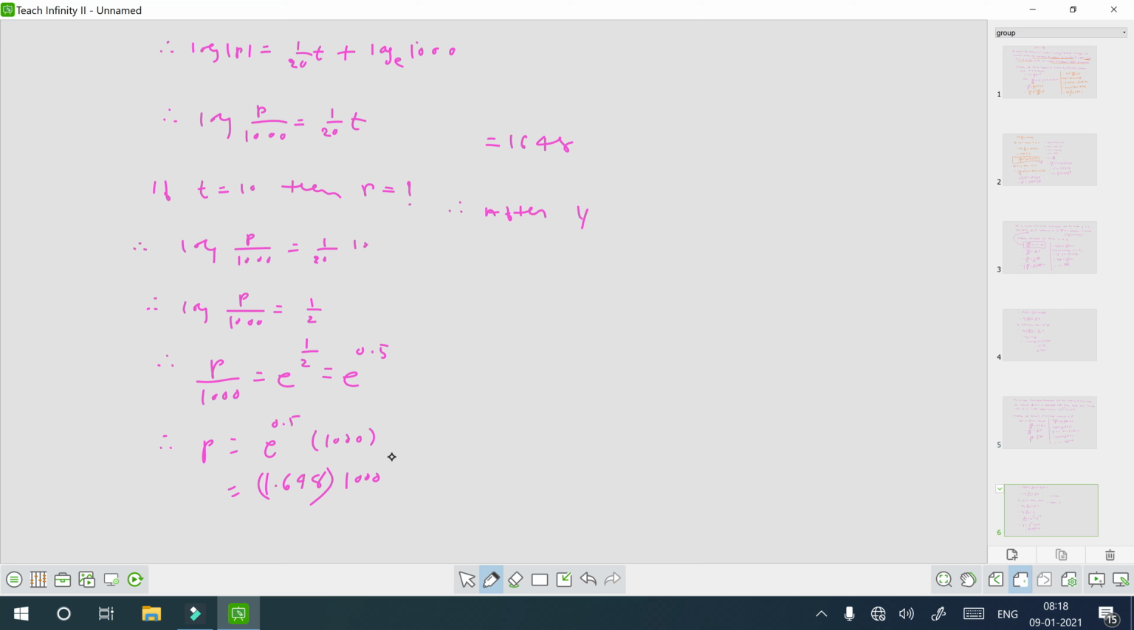Therefore, after 10 years, the principal amount will be worth rupees